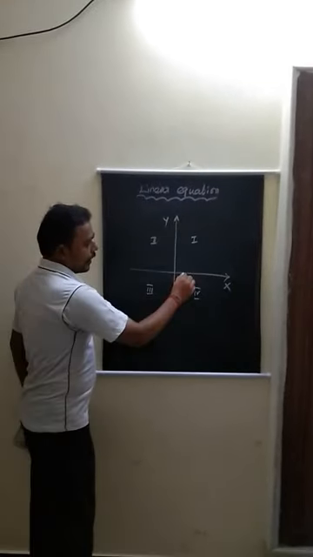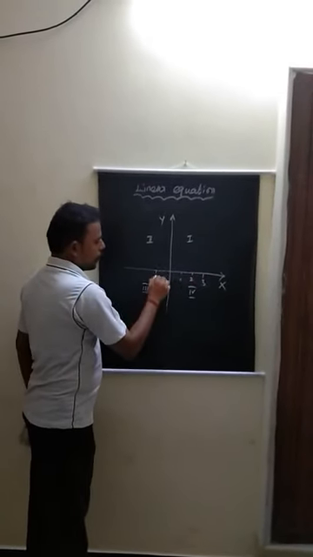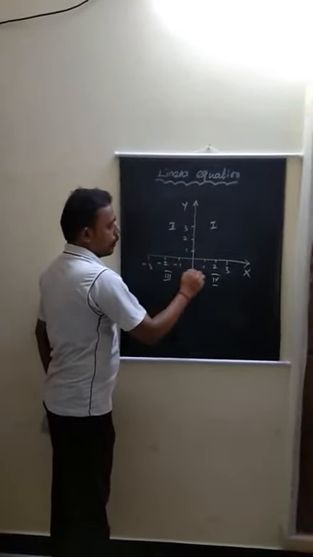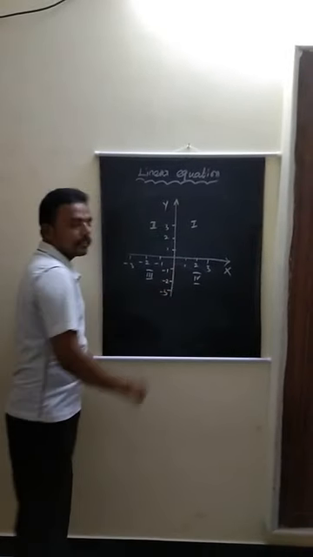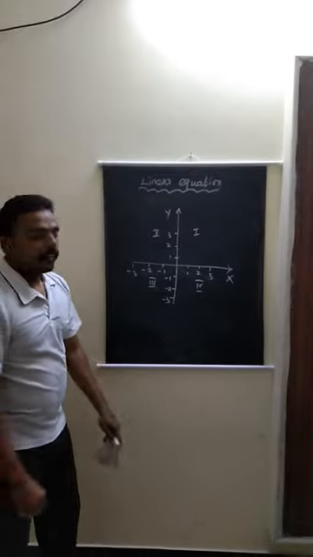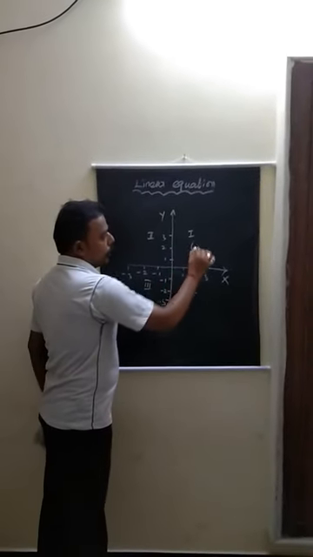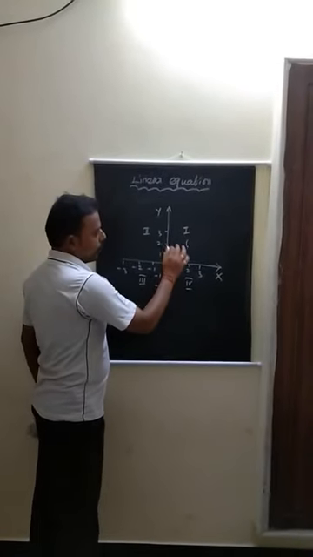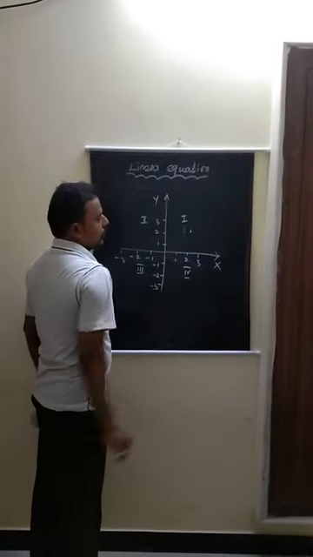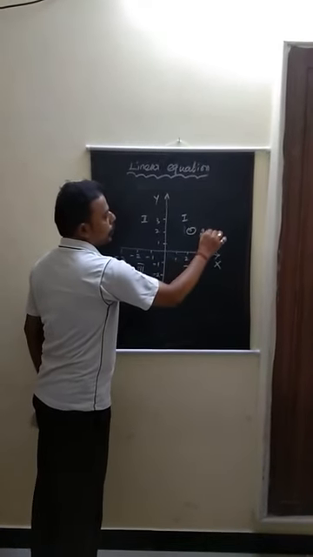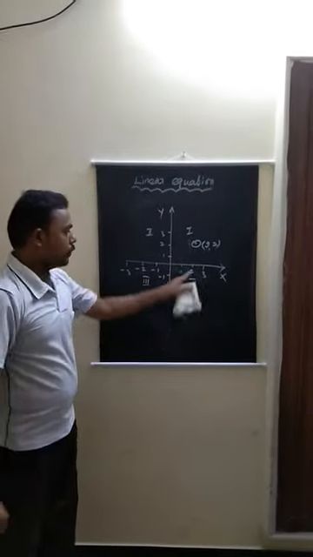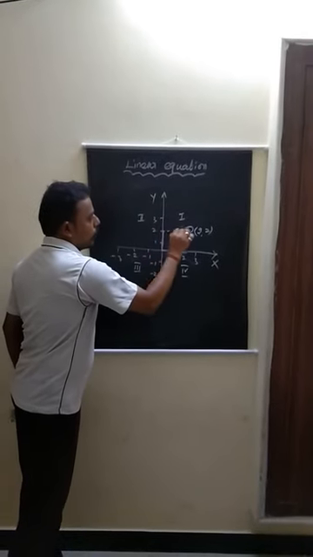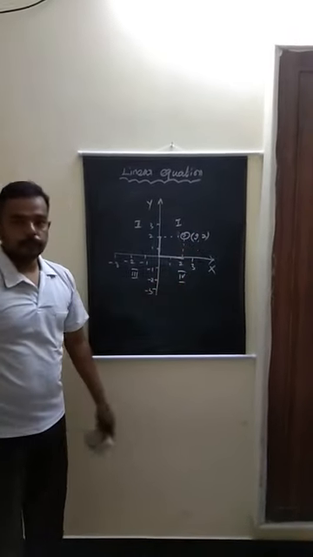For that, here we can introduce numbers 1, 2, 3. Here -1, -2, -3 and so on. Similarly here 1, 2, 3. Here -1, -2 and -3 like that. Here in that first quadrant, both x and y, we are going to use the points as coordinate point. The x value and the y value, we are going to put a point as (2, 2). So what is meant by (2, 2)? X value 2, that is x length, and the y length also 2. So we can note down the point, this one is (2, 2).